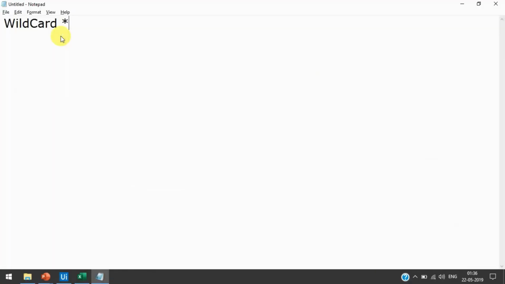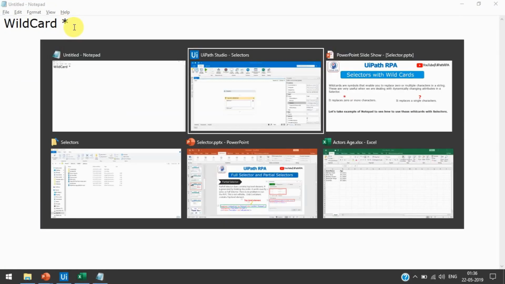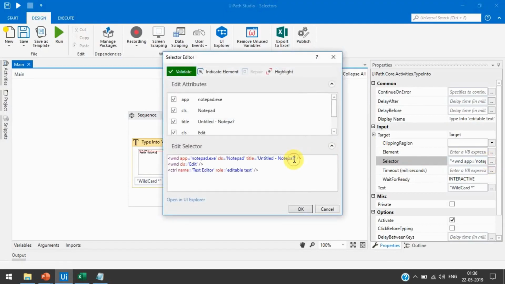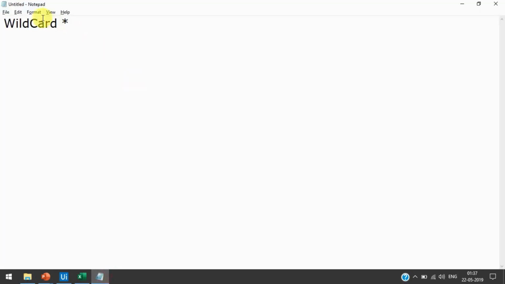Now you have seen it has worked because we have used the question mark wildcard in the selector, right? So it can take anything. If you have changed the file name from notepad to notepad, if you are changing from D to C, then also it will work, right?